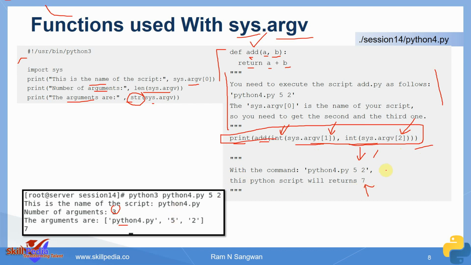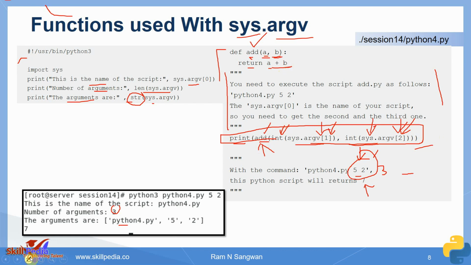If you pass a third number also, then what will happen? It will display the sum of the first 2 numbers and ignore the third one. If you pass 4, it displays the sum of the first 2. We are just using the first value and second value, not concerned about the third value, fourth value and all. Because we are passing these 2 values into the add function. Add is taking 2 arguments and returning the sum of them.